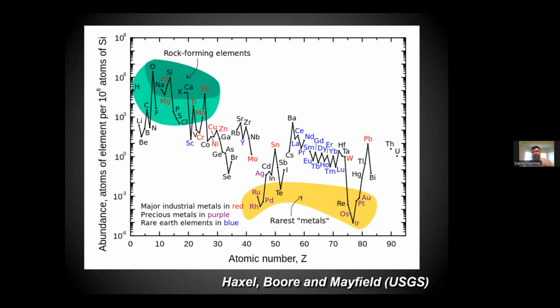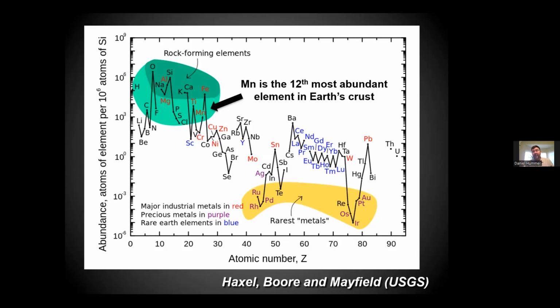So I picked out a redox-sensitive element. The element that I used for this study was manganese. It's a great one to use because it's a fairly common element. It's actually the 12th most abundant element in the Earth's crust. So it appears in a lot of minerals. It appears in several hundred different mineral species. So that means we have a lot of data to draw from our database.